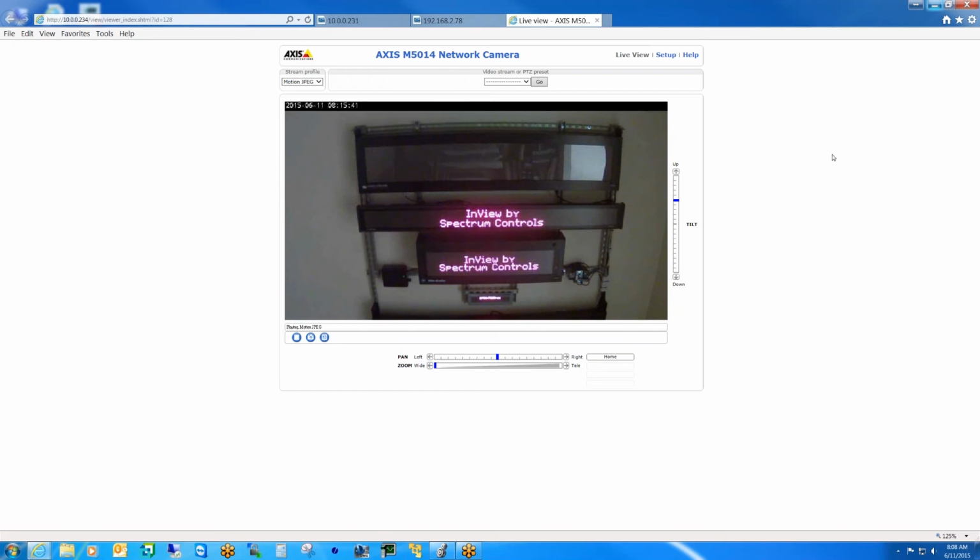Okay. So first of all, the InView comms is going to come with a quick start guide that'll guide you through the wiring. The comms module and the display are sold separately, so the Ethernet IP comms module, once installed, and you follow the quick start guide, it goes through all of the wiring for the serial interface between the display and the comms module, as well as the Ethernet settings, and gets you started as far as connecting to the comms module